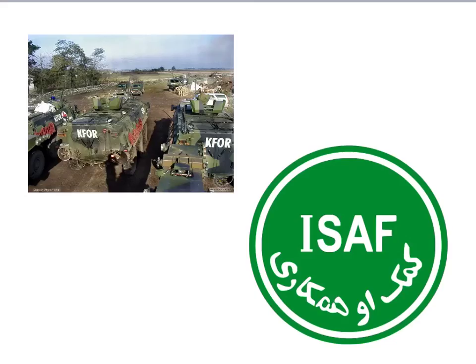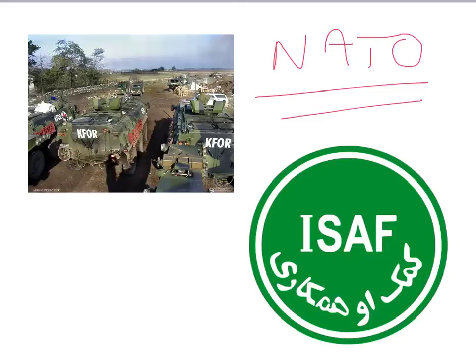Thirdly, we've got the role of NATO. So these two photos are relating to NATO, the North Atlantic Treaty Organisation. NATO also carry out peacekeeping duties, normally on behalf of the United Nations. For example, this photo in the top left is showing the NATO force in Kosovo, so the acronym for that was KFOR. KFOR was the force that I was part of when I went to Kosovo in 2008. And the NATO force in Kosovo